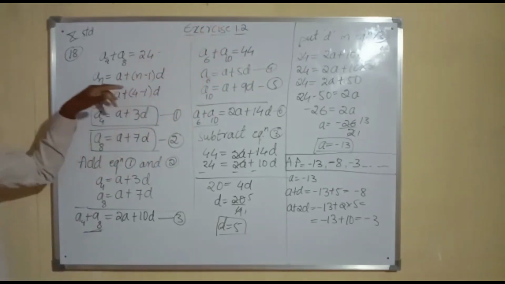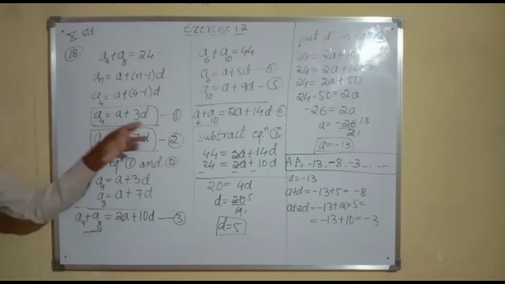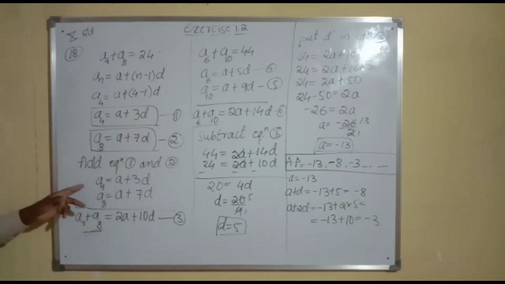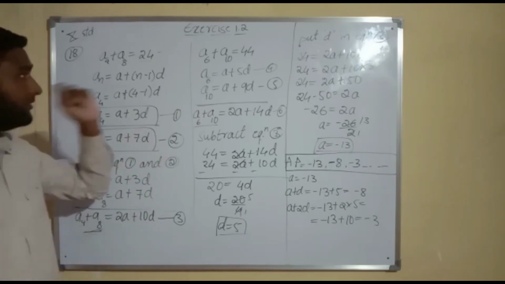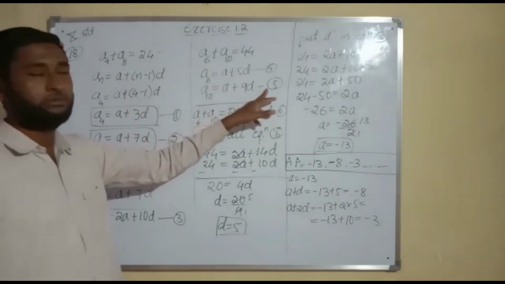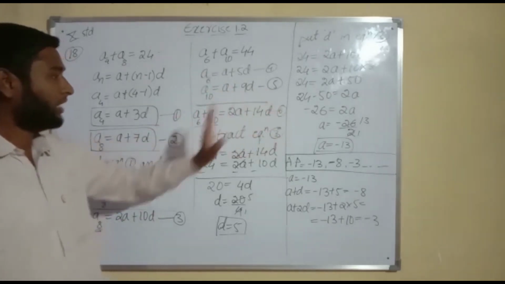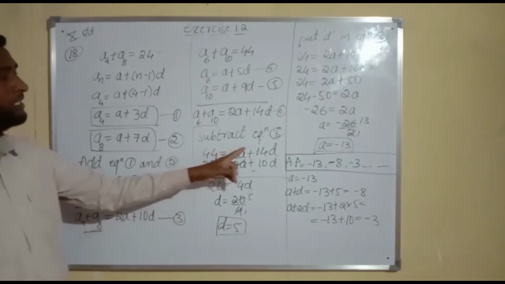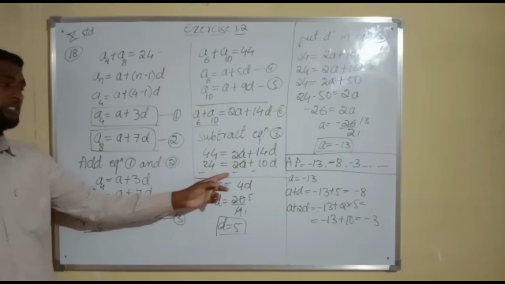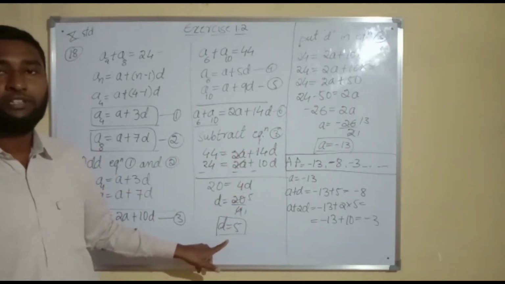First I will have to write it in the nth term form. So I can write a4 as a plus 3d and a8 as a plus 7d. Then I have added both of the equations here. Again I have got the 6th term as well as the 10th term in the form of nth term. So again I got this equation and I have subtracted the third equation from the sixth equation here. Look at the subtraction. For subtracting, we have to change the signs of the second equation. Again I have subtracted. Then here I got the value of d.